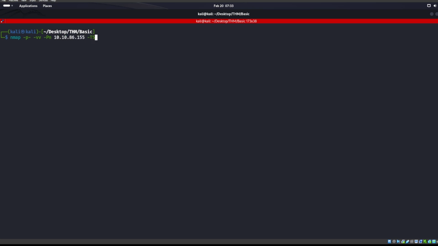We could give it a timing of 5. Let's make this a little bit faster here. A lot faster. If you don't put any timing in, Nmap starts at a 3. Then you can make it go slower down to 1, or I believe 0, and all the way up to 5. The faster the timing, the more likely you are to be seen. But since we don't care if we're seen or not with this,